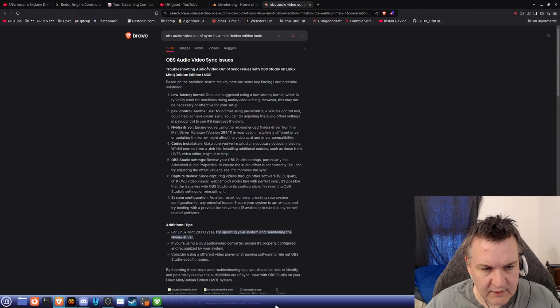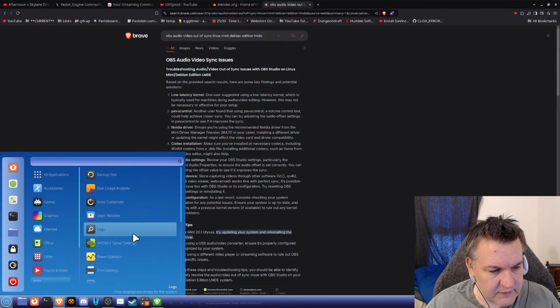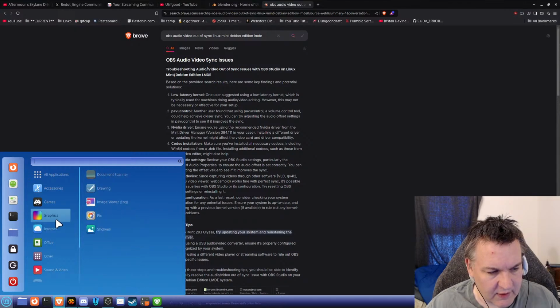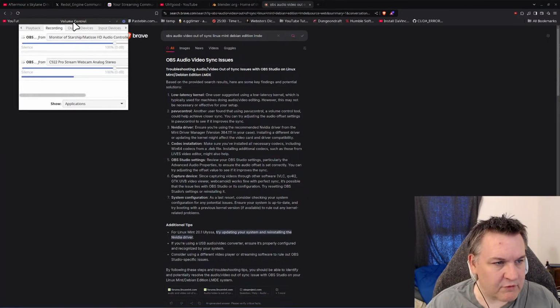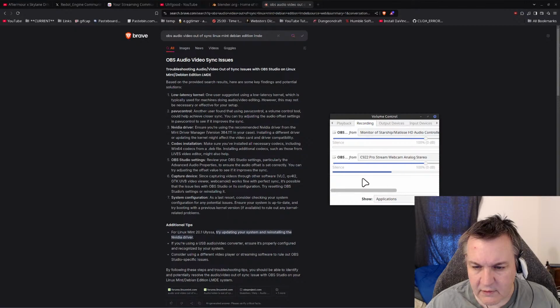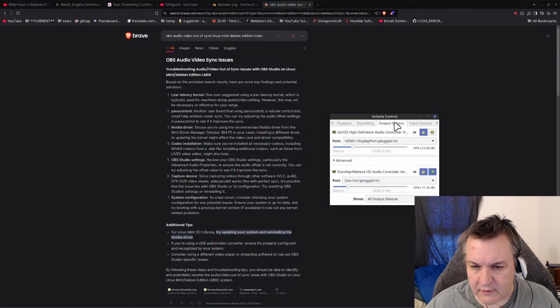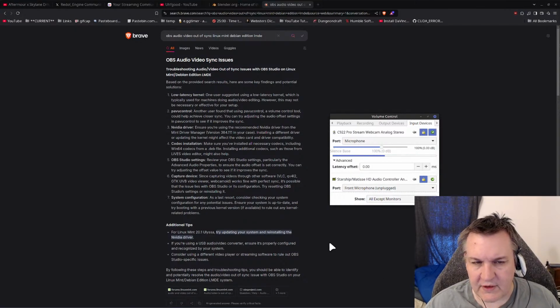I do have that audio control thing. I forgot that I had that. So let's go to sound and video. Let's go to PulseAudio volume control, and I don't know what that would have anything to do with though. So, yeah, output devices, line out plugged in, that's alright. Input devices, microphone. See, I do have a latency offset here, but that doesn't mean